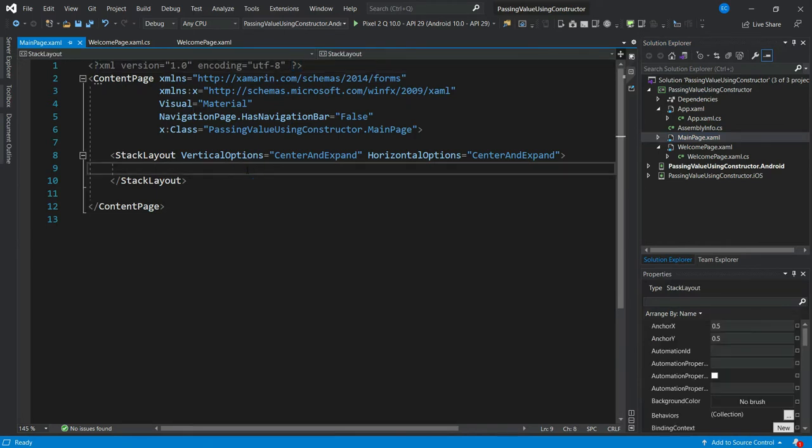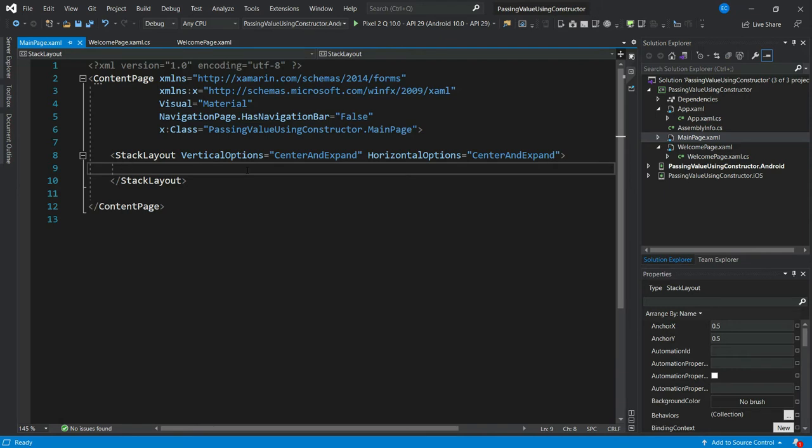In the main page, we will create one text box where the user will enter his value or his name, and by clicking on a button, we will navigate from the main page to the welcome page with the value that the user has entered. Now in this process of passing a value via constructor, it does not store anything in the constructor. It will just pass.